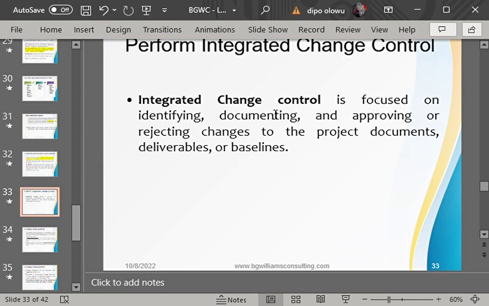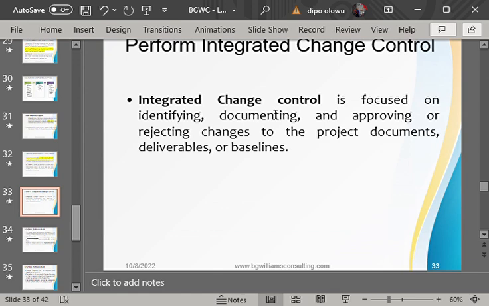Do you understand that? But what do you do in such a case? You accept the change request. You document it down. But when you have documented it, you must check if it is in alignment with the project objectives. If it is not in alignment, what do you do? You just leave it there and trash it. But you have noted it down, and you know that it's not in alignment, so you did not work on it. So which change do we now need to work on? Any change that is in alignment with the project objectives.